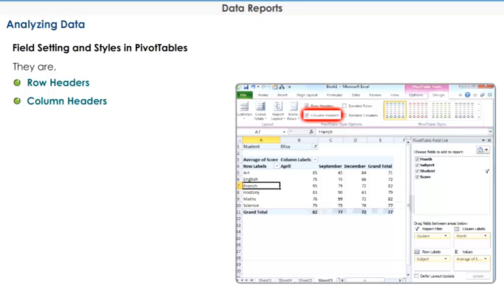Banded Rows. It displays banded rows in which even rows are formatted differently from odd rows. Banded Columns. It displays banded columns in which even columns are formatted differently from odd columns. This banding can make your table easier to read. Next to this panel,